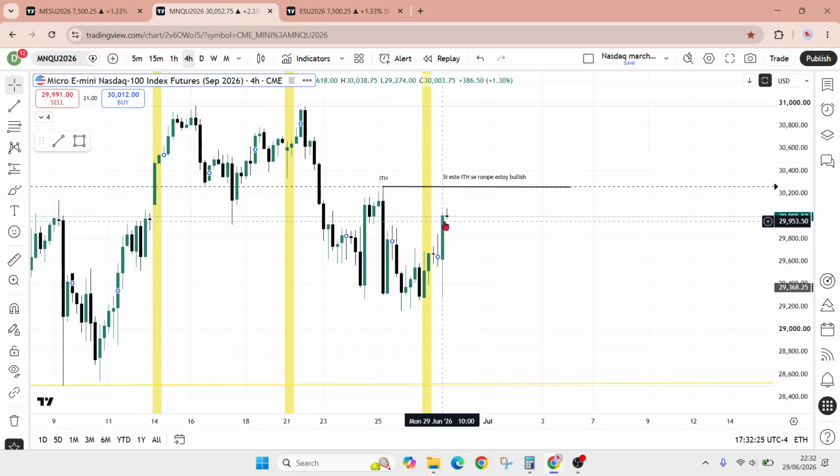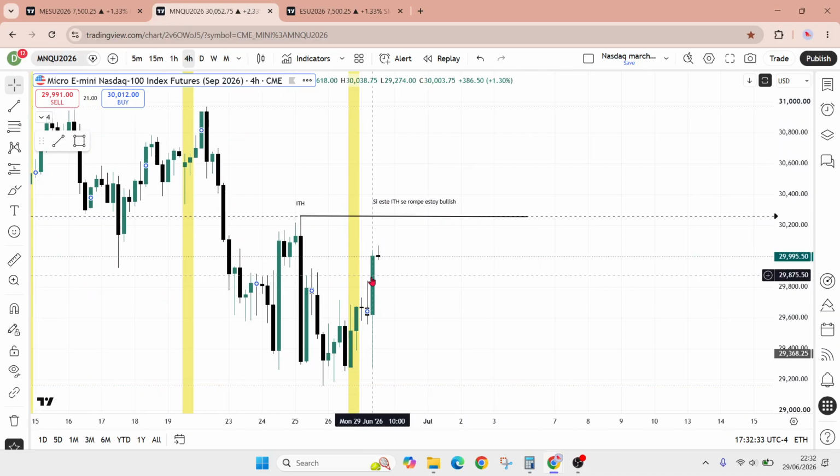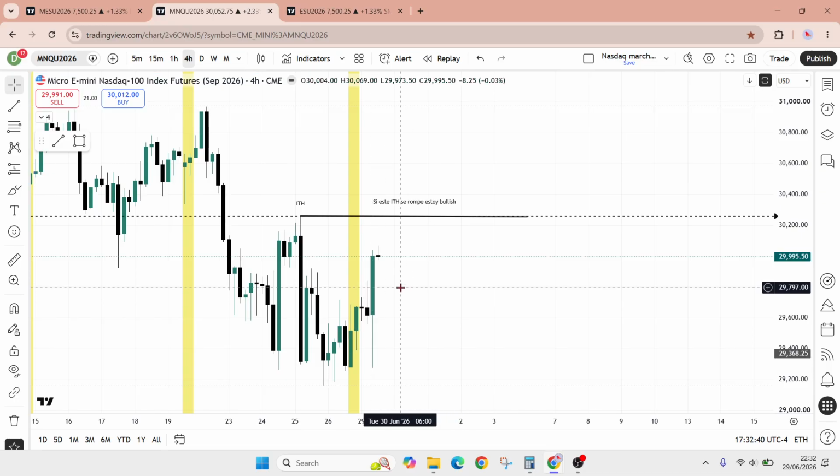If you understand market structure, it's very important once we break an intermediate term high, and also should we shift the market structure towards the bullish side. This candlestick that is a bullish engulfing candle in the 4 hour is very important. Now, it's all going to be about taking this high. Let's see if it happens overnight or London. If it doesn't happen, I'm expecting to start having a consolidation and not going anywhere.